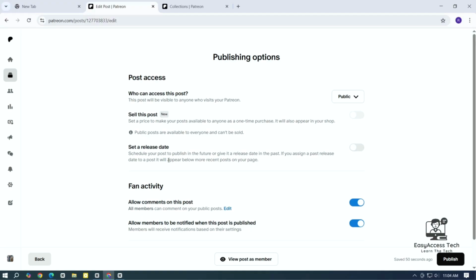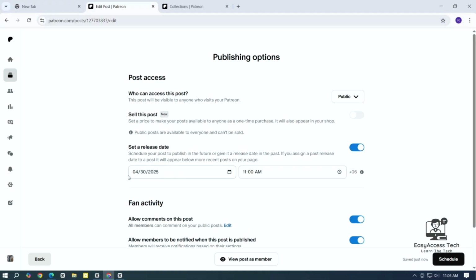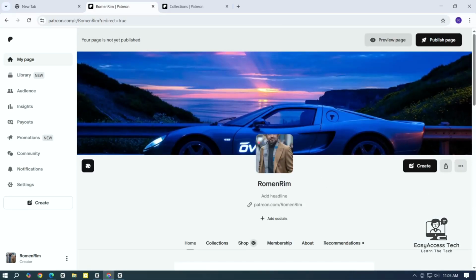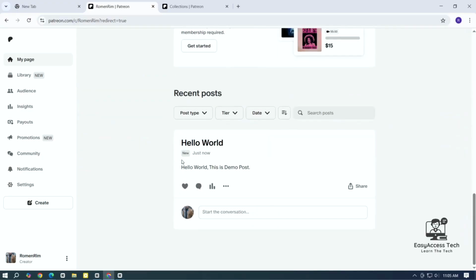And if you want to schedule this, then you can do that from here. You can set the date and time and just keep all of this as it is, and just click on this publish, and it will be posted on your profile page on Patreon. Like you can see, it's already posted now. So basically this is how you can post on